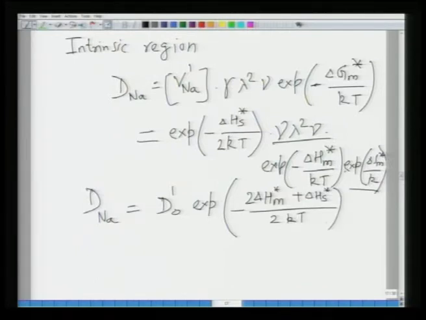Or you can write it as D naught prime exponential of minus delta H_M star plus delta H_S star by 2, divided by kT. So naturally you can see that in this case the activation energy has gone up by the amount delta H_S star divided by 2. Now, when you plot this,